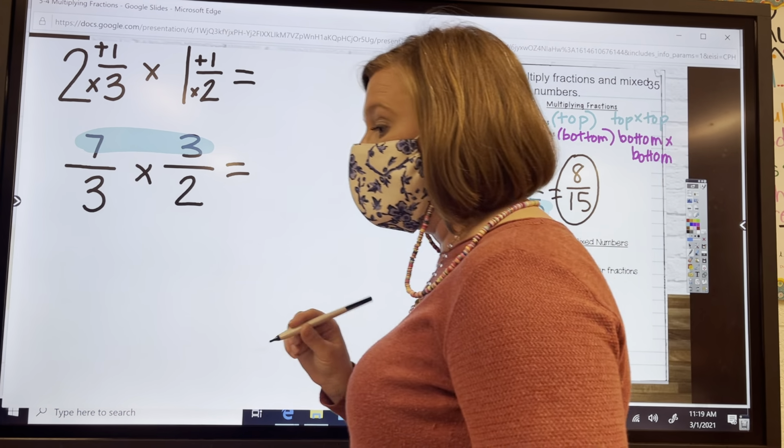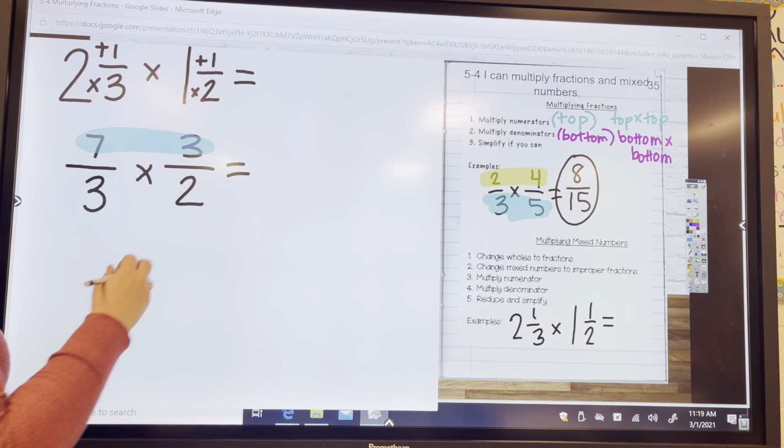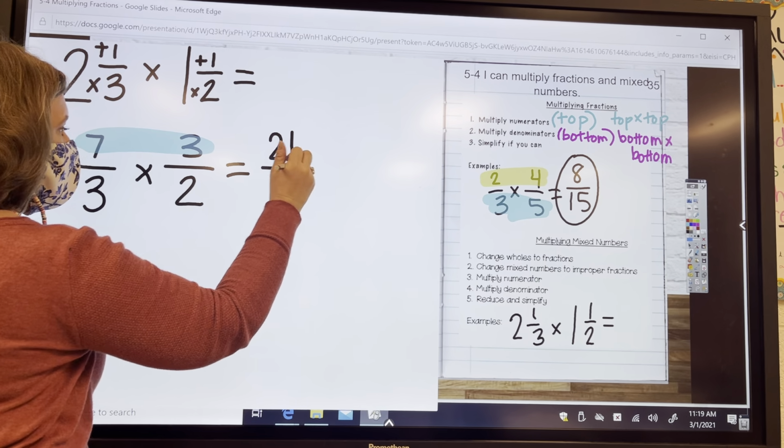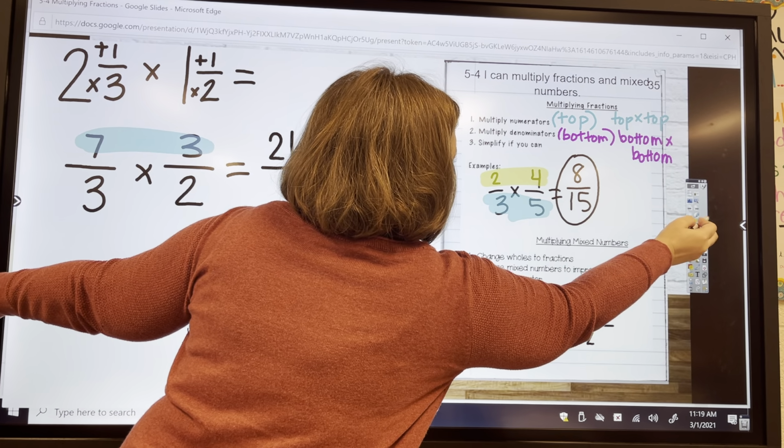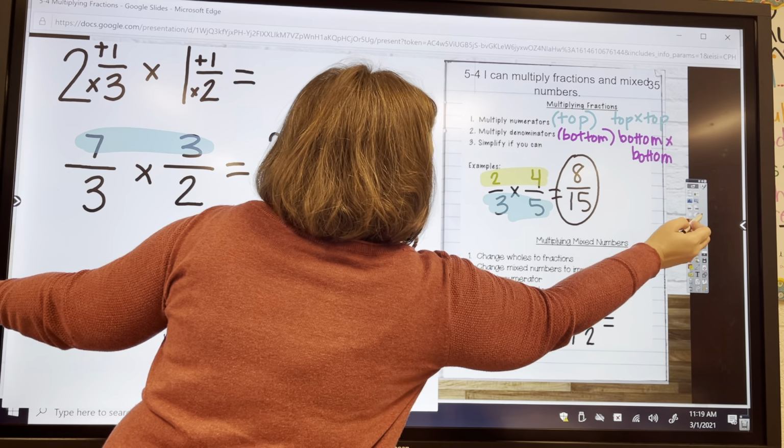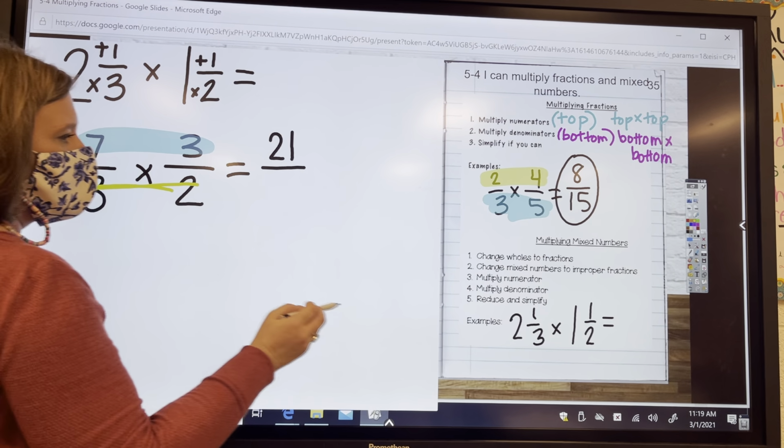Multiply the numerators. 7 times 3 is 21. And then the bottom, the denominator, is,